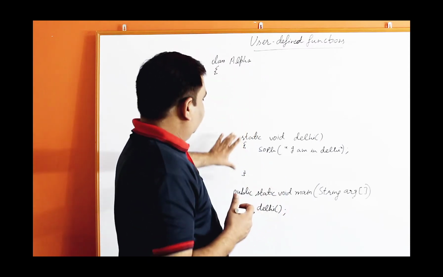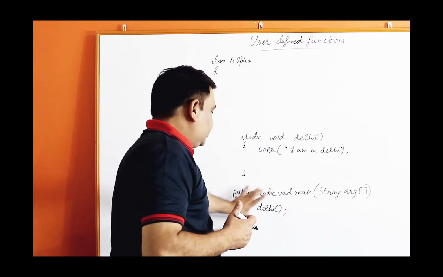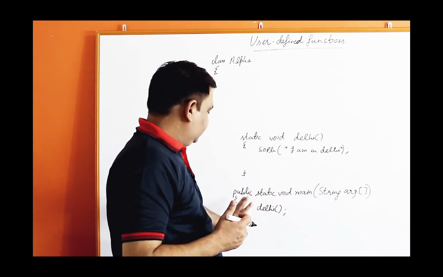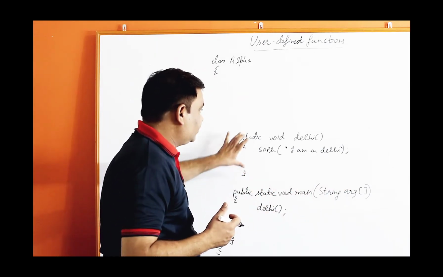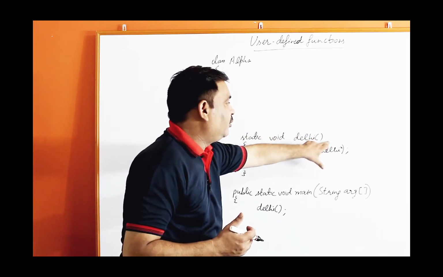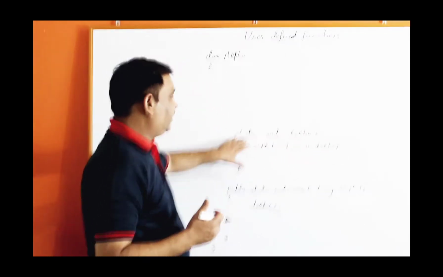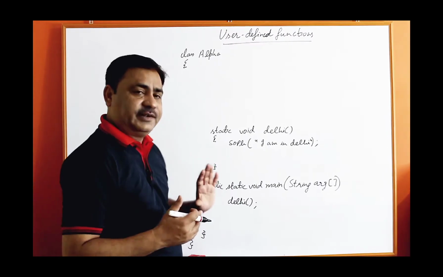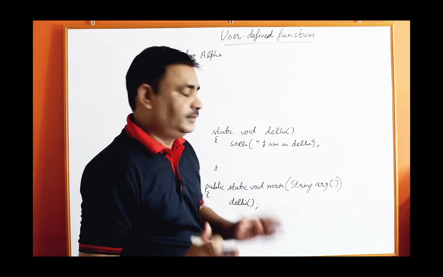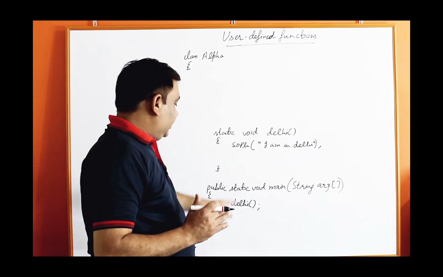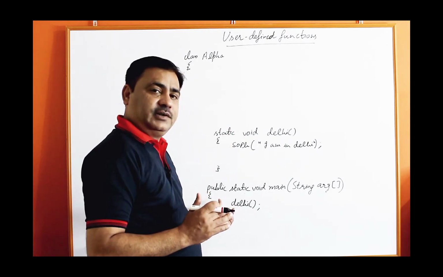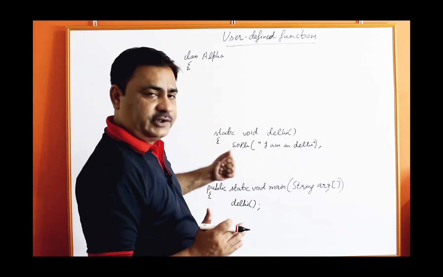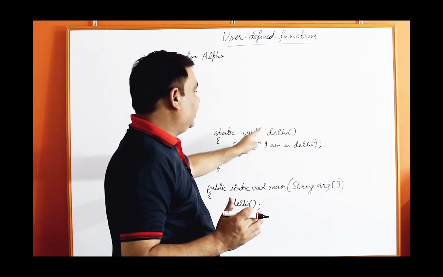Now this is public static void main String arguments, that is the reserved function of Java. I have made one more function, static void Delhi. This name you can provide any name. Right now I am making the function using the keyword static, because static functions belong to the class. Directly we can call these functions without creating the object. So, static void Delhi,